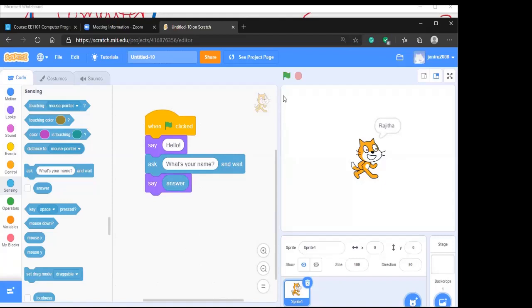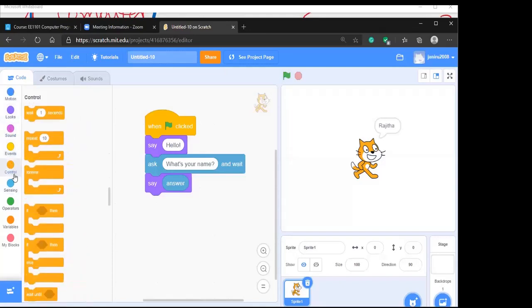Okay, so you can see this is a very easy way of learning how the computer works and what kind of instructions are there. Okay, so just go through these commands. We have lots of commands: motion, looks, sound, event, and